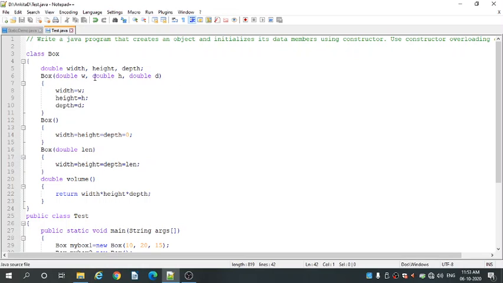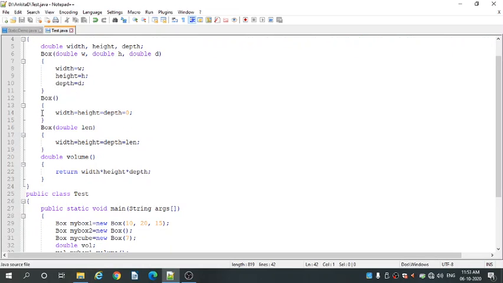We have created the parameters in double type, and inside the curly brackets we assign the values to the variables: width equal to w, height equal to h and depth equal to d. Then we close the first constructor, Box. The constructor is used to assign values to the variables.